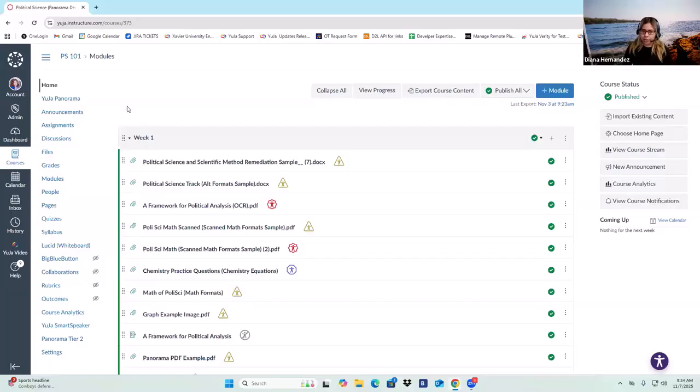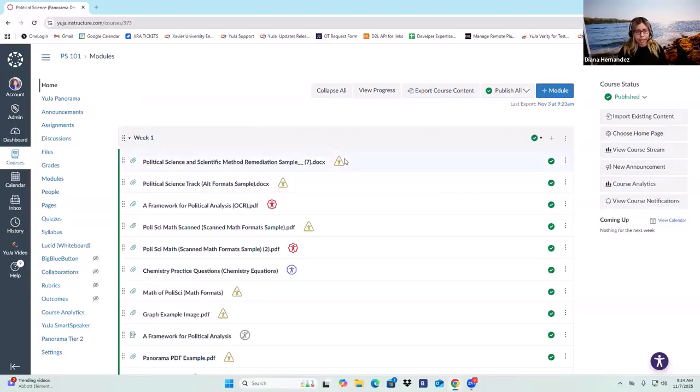It checks to see if there are any accessibility issues, and if there are, it flags them based on severity, which could be severe, major, or minor, and then provides you with the accessibility score for that document.